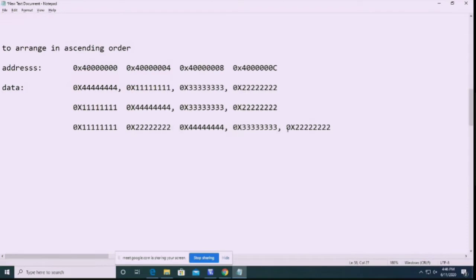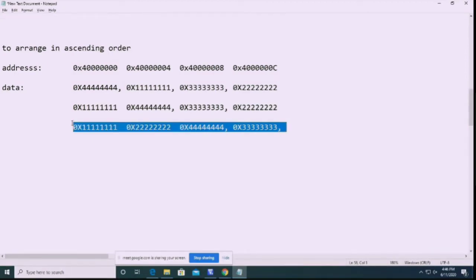So at the second address, in these 3 numbers, which is the smallest number? This number. This number is kept at the second address. Now we have only these 2 numbers. In these 2 numbers, which is the smallest number?